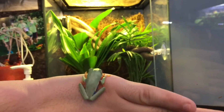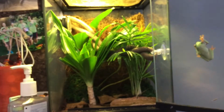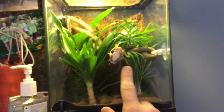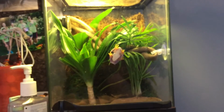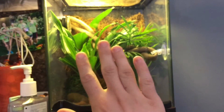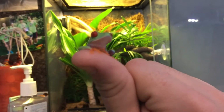Again, I'm not positive on the gender, but I've been calling it a she, and the name comes from one of my friends. Oh! And you can see tree frogs have sticky pads on their feet so they can stick to the glass, so it does give them extra climbing space. It's not like a leopard gecko or some other creatures that kind of just have to take up the floor space and whatever they can climb on. Basically all the walls it climbs on as well. So I think this setup would be good to house one adult red-eyed tree frog